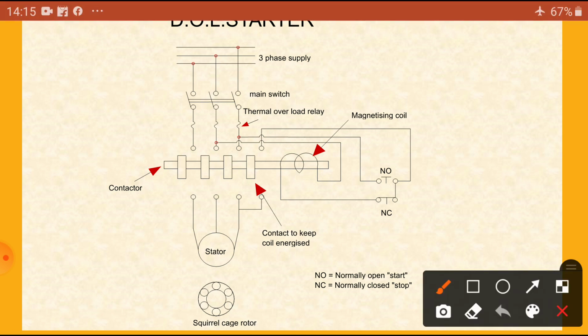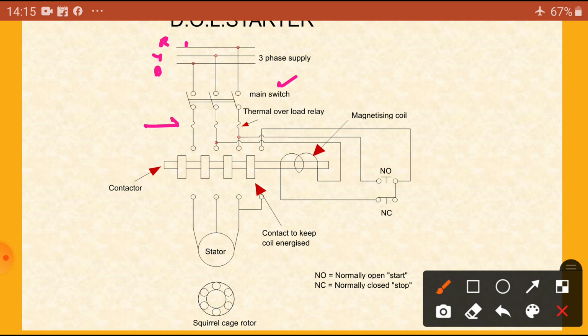So how does it work? Here you can see R phase, Y phase, B phase, and this is the main switch. That is the main operation switch. From this you can see the thermal overload relay bimetallic strip.